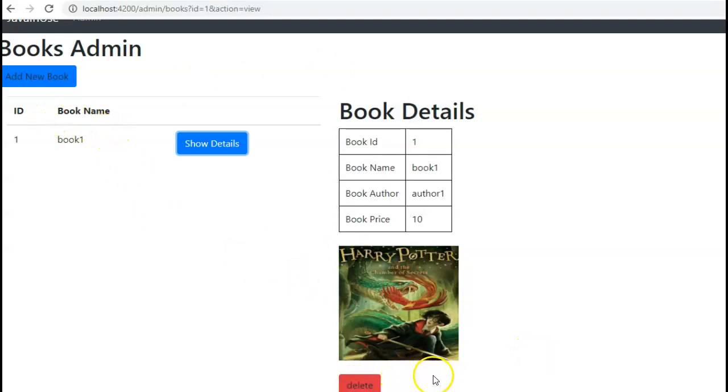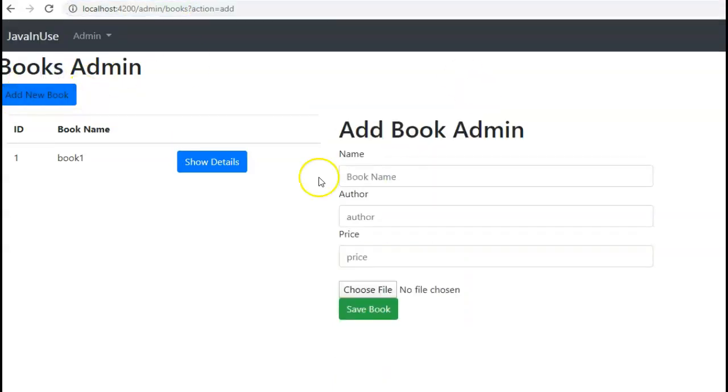Here we'll be adding one more button, which will be the edit button. On click of which the URL will be changed: the ID will be the same, ID is equal to 1, but action will be changed to edit, and we'll be navigating again to the add new book module. So here the add book admin module will be modified such that the book ID that has been passed in the URL, we will be able to edit it. Depending upon the URL passed, if action is equal to add, then the add admin module will be used to add a new book. But if action is equal to edit, and along with it there is an ID, then the add admin book will be used to edit an existing book.